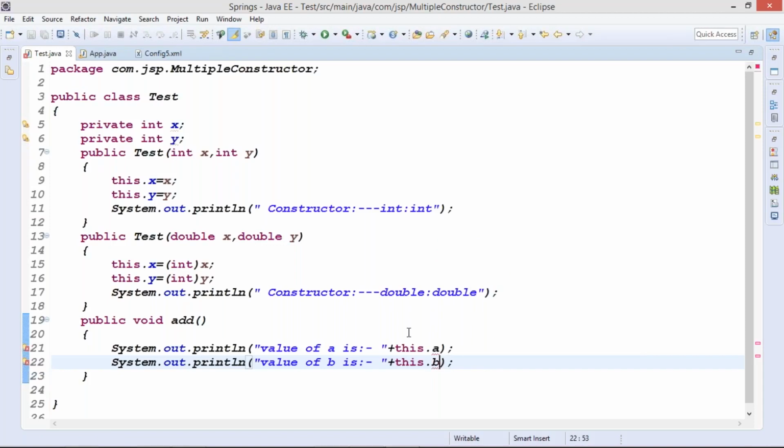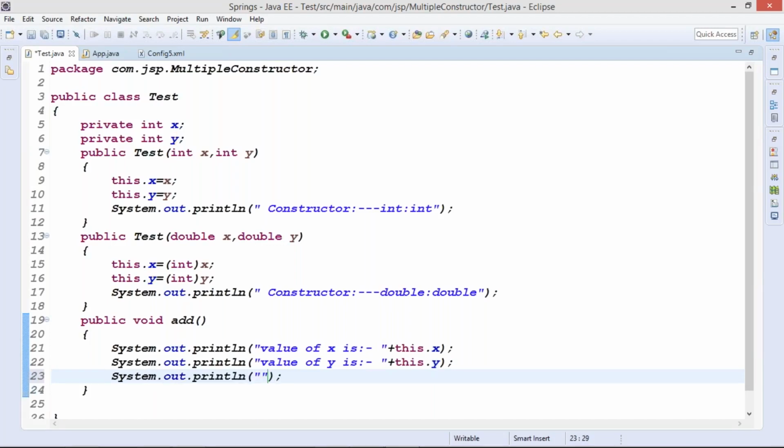Hold on, I'm getting an error. Okay, sorry, it's x and y. It's x and y, guys. Here also x and here y. That's this out. I'll print the result. Result is,